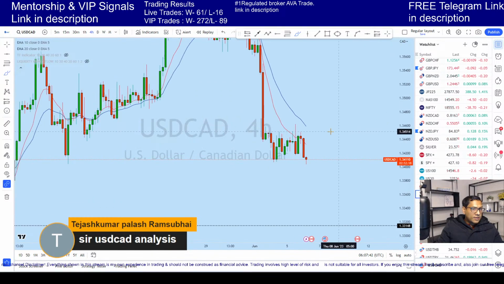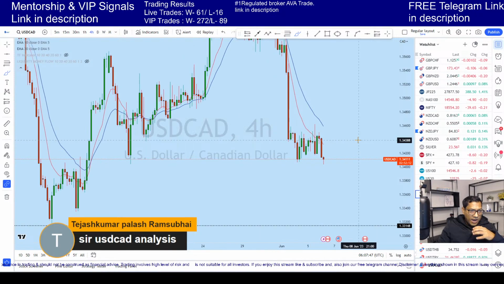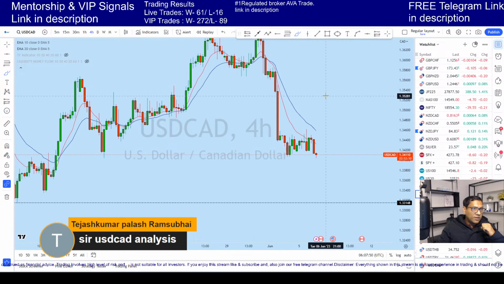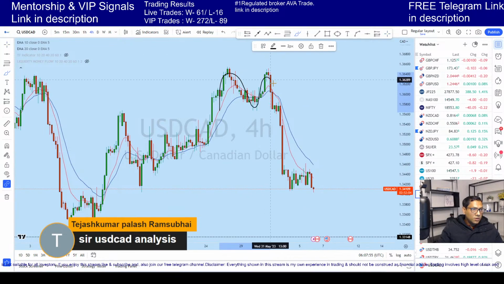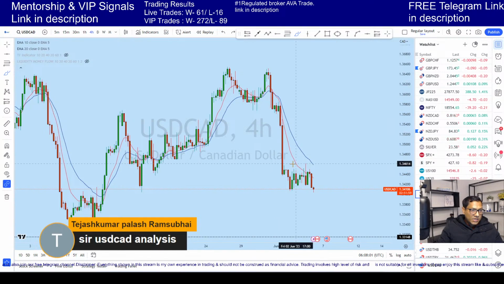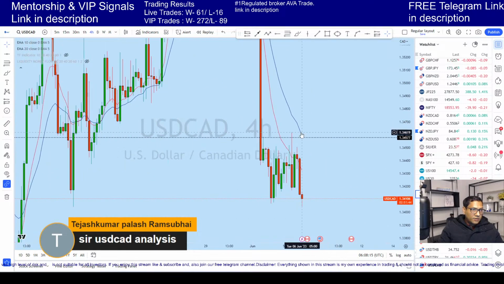What other factors did I look at on that dollar CAD trade? As I mentioned, primarily we saw that there is a reversal here. With that reversal, the price had a strong breakdown, and then the price formed this triangle. The price broke to the upside, crossed this high, and then grabbed liquidity and formed this long wick candle.